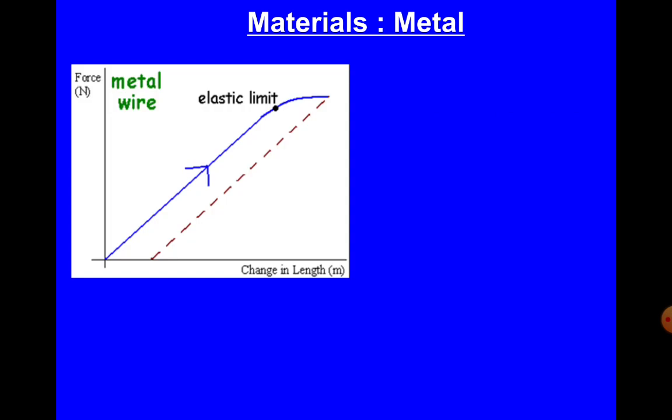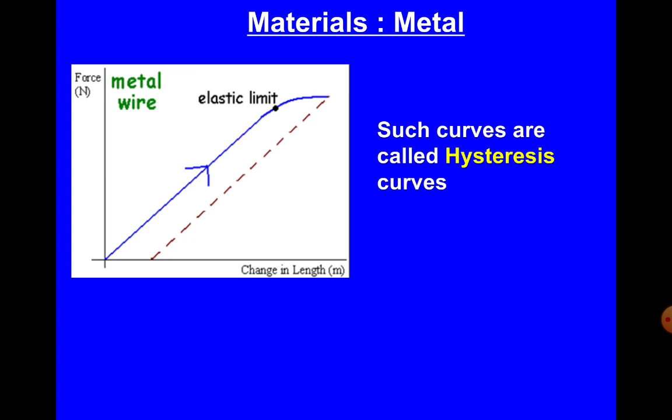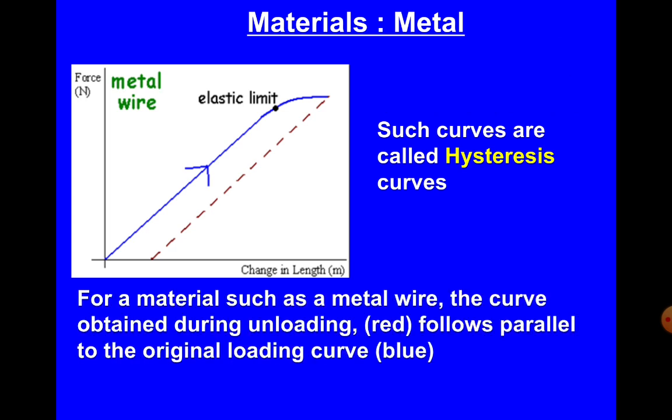Let's have a look at the metal wire. We're going to increase the force on the metal wire. It follows Hooke's law nicely. At a certain moment it has reached the elastic limit and is going to make a curve. Now, what is going to happen when we reach a certain moment that the material has been deformed? It goes in a line back down, which means